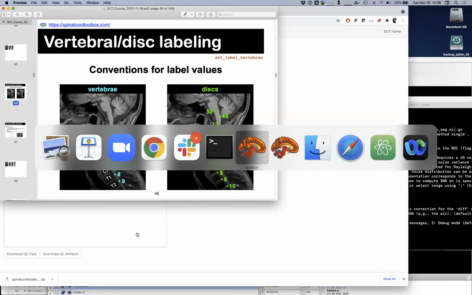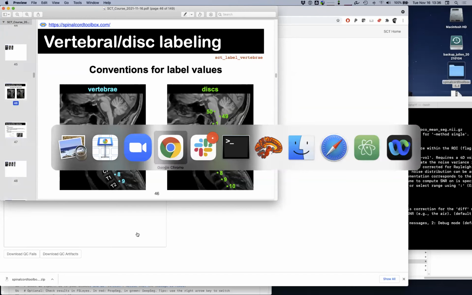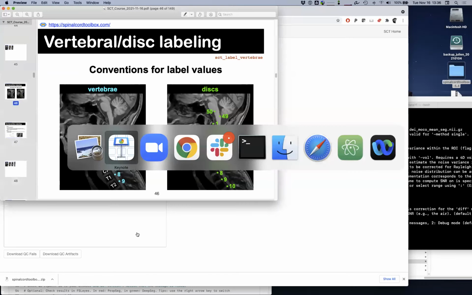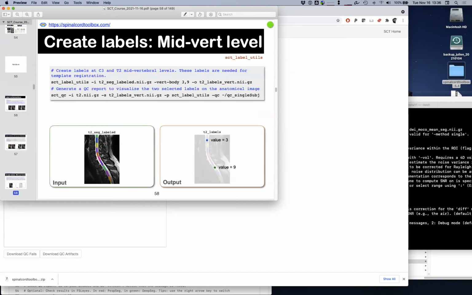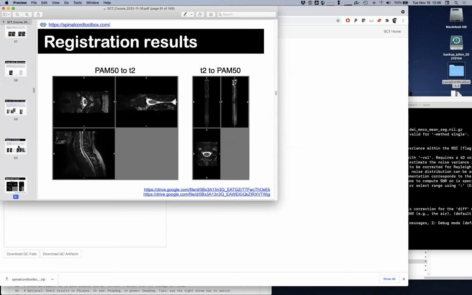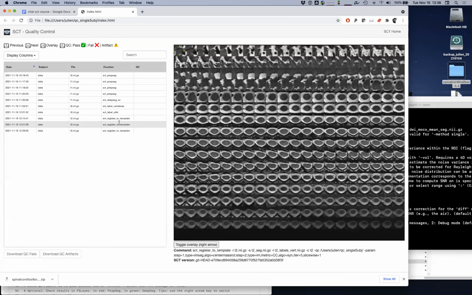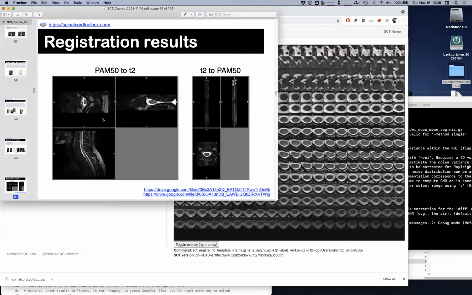All right. So I think we can close this. Close that. So let's go back to our slides. Okay, so we did our registration. We played with some parameters. We realized that tuning the parameters differently would produce different results. So we came back with the original default one. And now we want